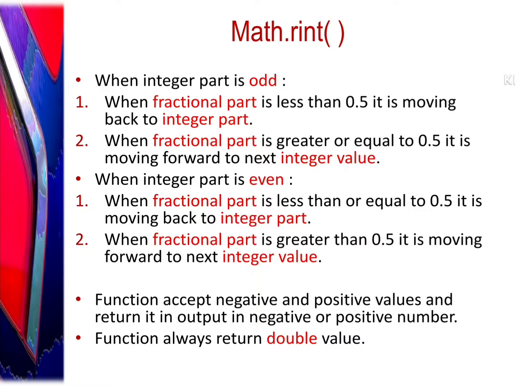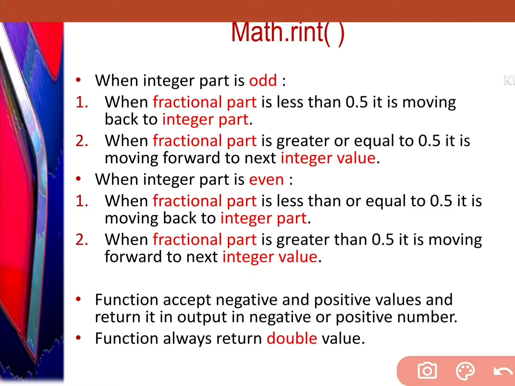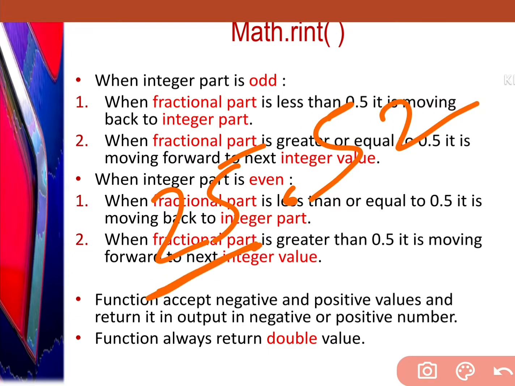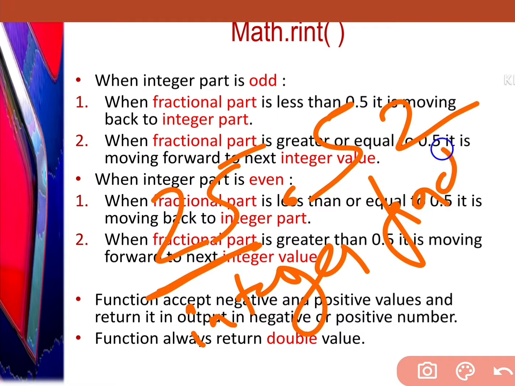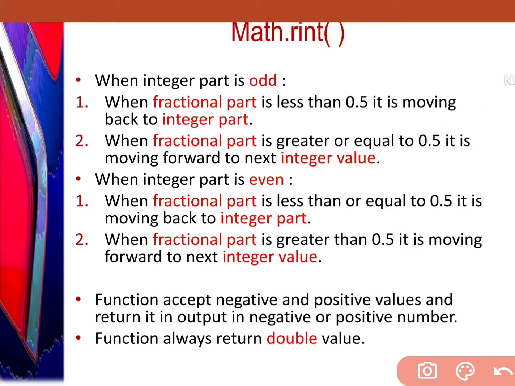See, actually, when we have a fractional value, for example 25.52, this one is our integer part. When I talk about the integer part, go with this part. And when I talk about the fractional part, go with this part. Because in my explanation I'm using two terms, that is integer and fractional.